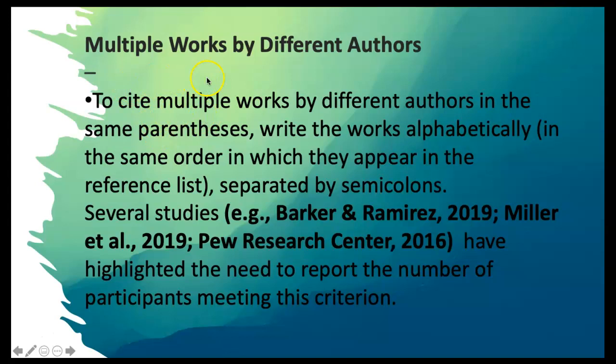If there are multiple works by different authors, then you will have to name them. All right, we usually don't come across this because we are not writing that big of a paper. It would happen if you're writing a thesis or dissertation. But if you are doing multiple works by different authors, then you are going to separate them with a semicolon. So you're writing the names of the author, then the other author has written the same thing, so you are separating them by semicolons.